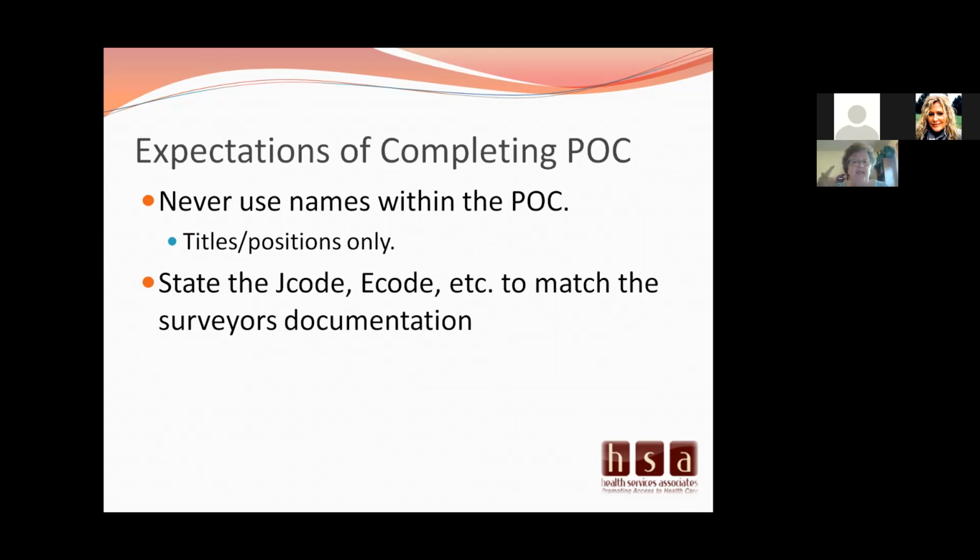If something doesn't sound right, give it the smell test, I guess is what I'm saying. If it doesn't sound like what you've been taught, reach out to somebody or reach out to us even and say, hey, we're under survey, we're being told this. Because you can challenge some of the things as long as you have the documentation of what you're standing upon.